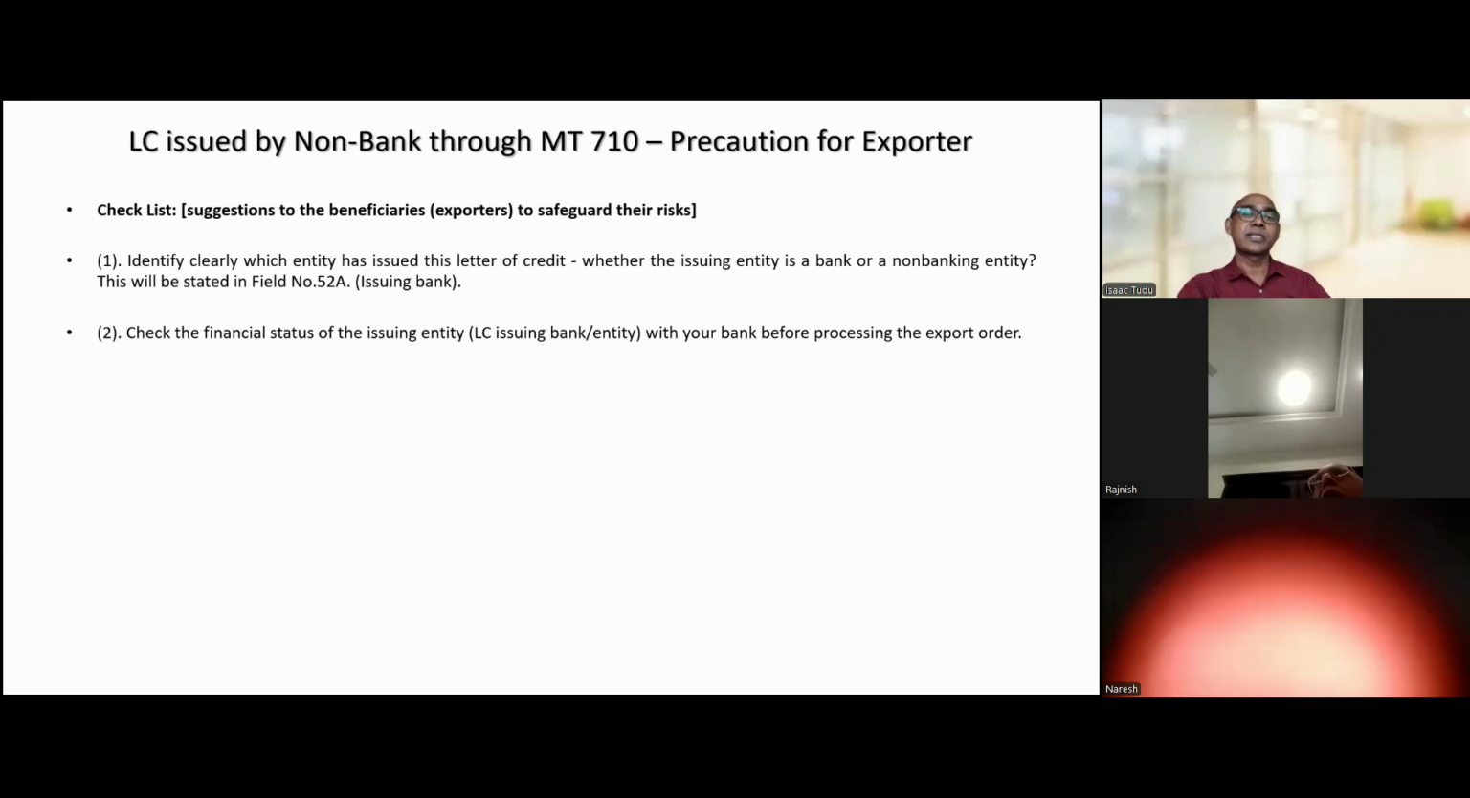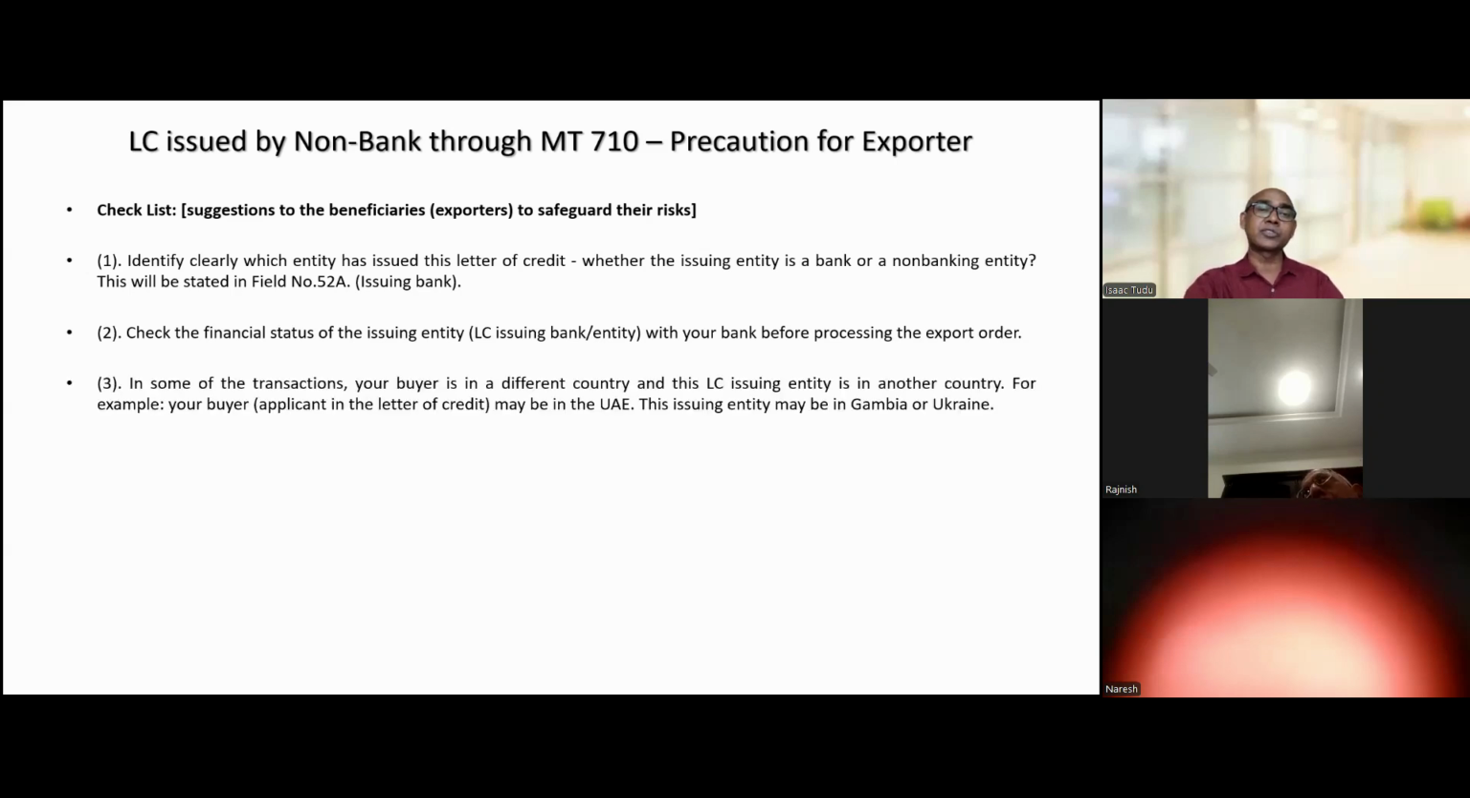Check the financial status of the issuing entity, the LC issuing entity, with your bank before processing the export order. So better to ask your own bank about the LC, right? Who has issued the LC? In some of the transactions, your buyer is in a different country, okay? And this LC issuing entity is in another country. For example, your buyer, the applicant of the LC, may be in UAE. This issuing entity may be in